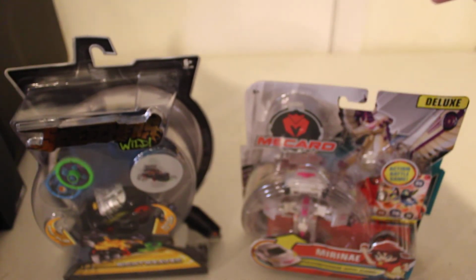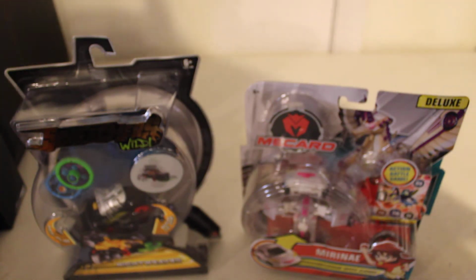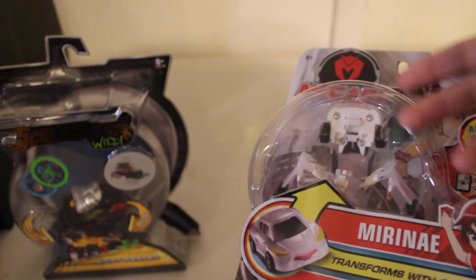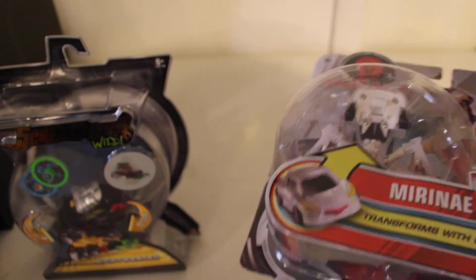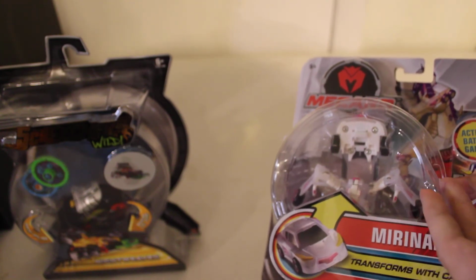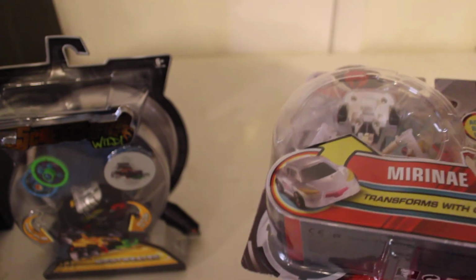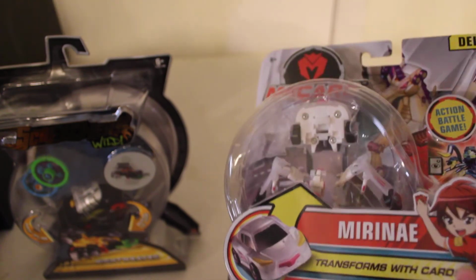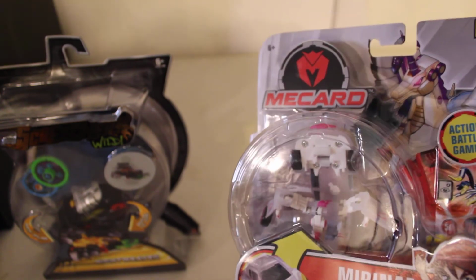Also, if you didn't hear, Mechcar or Mechcar Tuner or Mechademo, depends on if you're using the Korean version of the name and stuff. Yeah, so Mechcar, which is what it's called here, actually comes from Korea. So Mechcar Tuner or Mechademo is actually a Korean-based toy and anime. So anyway,